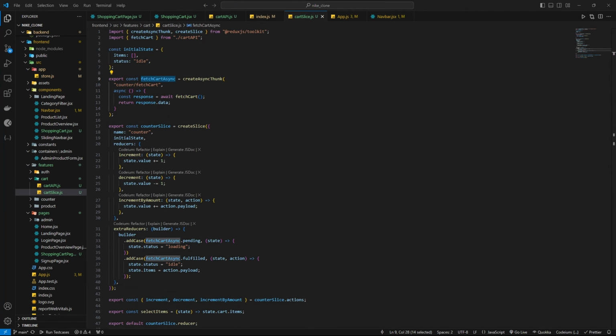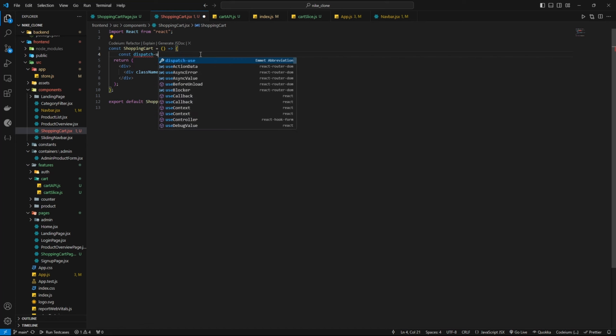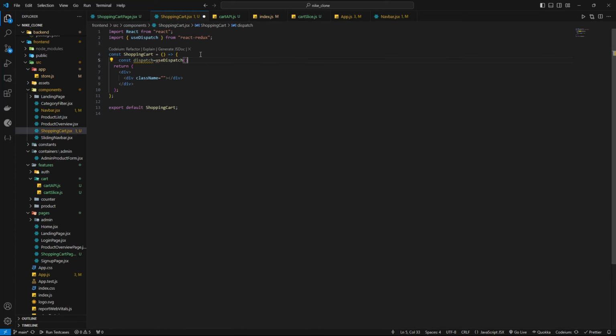Now let's use it in our shopping cart. So in our shopping cart, let's import the dispatch, const dispatch equal to use dispatch, and let's import it from the reducer, actually redux, react redux, and after that